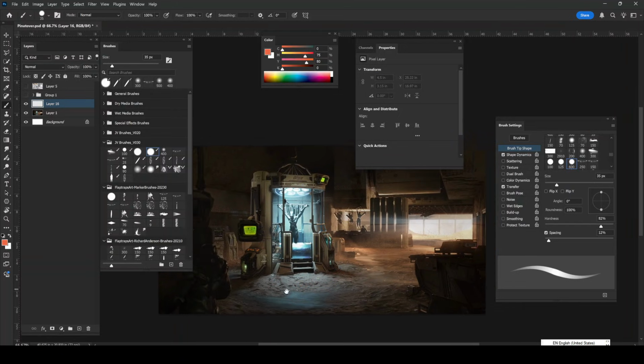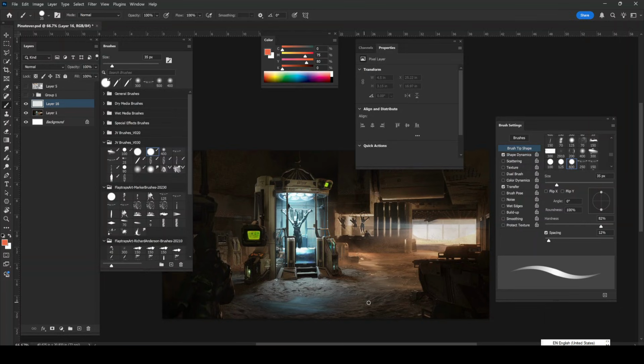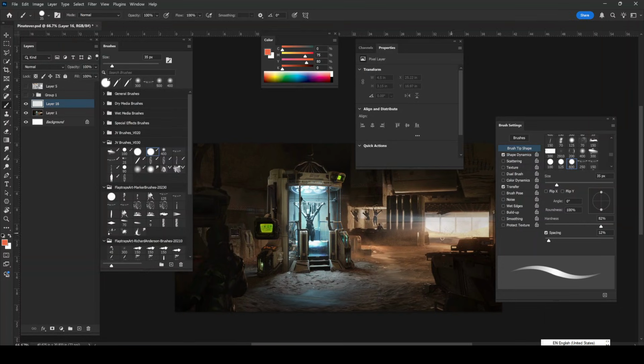But we also have to think about how this sand will behave in a place like this, right? So if this is, let's say, a game where people are running in and out and going around finding cover, doing things in this machine, and this machine is actually getting used and all this, right? There's going to be a lot of movement in certain areas where the sand is not going to be as prevalent, right? So for example, I can take a look at this entrance here for this machine,